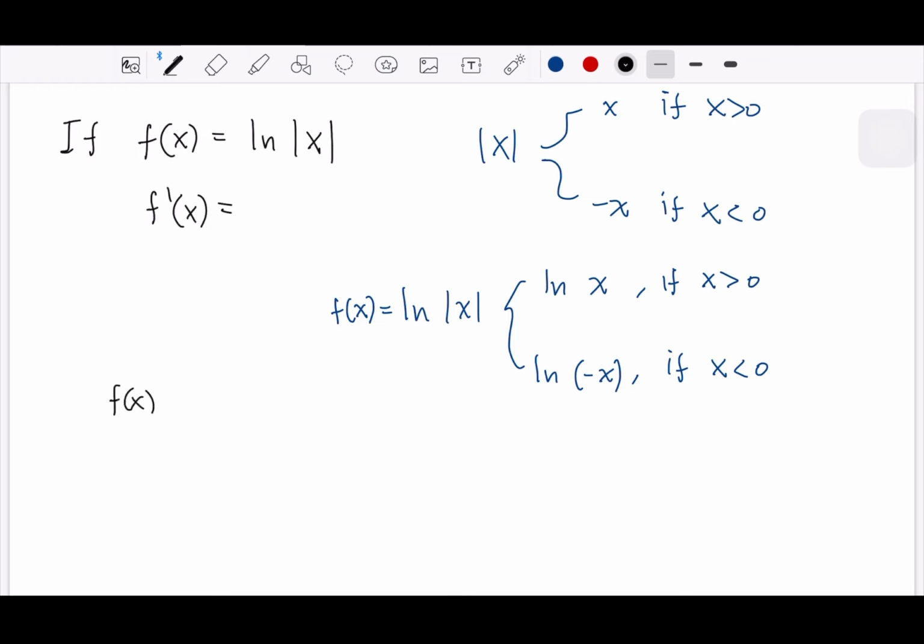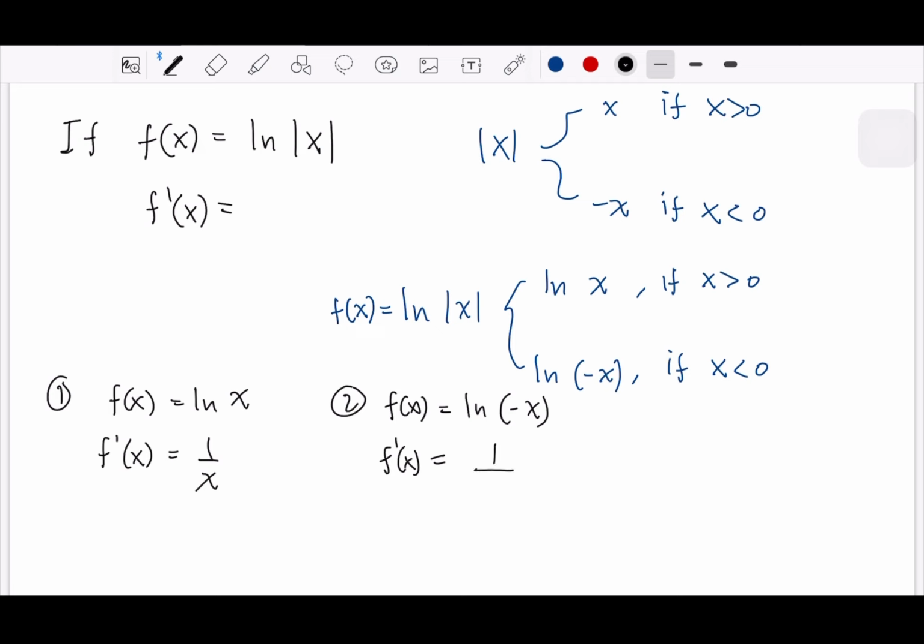So the first case is not a problem. This is just 1 over x, right? Second case: this will be 1 over negative x, and then multiplied with the chain rule, which is negative 1. So it's going to be the same, right? It's going to be the same. So when you have the absolute value of x, you will get the same result for the first derivative, which means